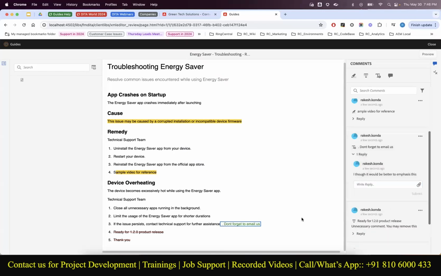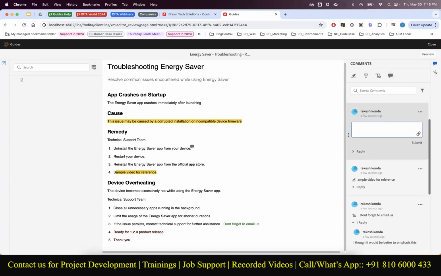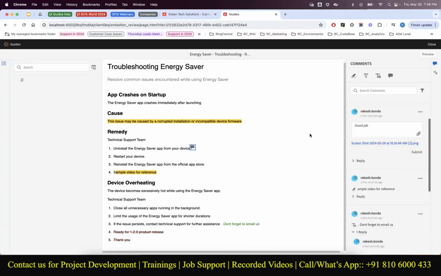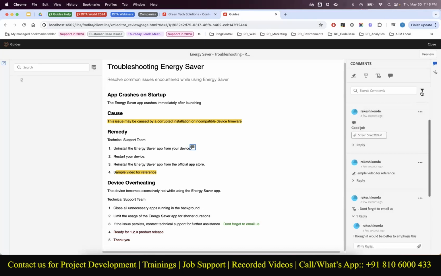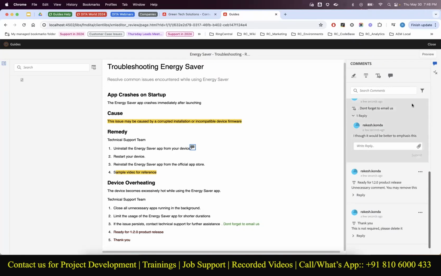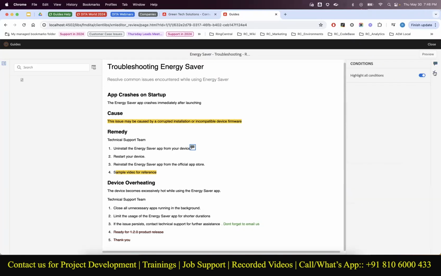And without doing anything, you can also select and comment like in Google Docs. Good job, right? And I can also, if I want, attach an image or anything with that comment, with any comment, you can do that. Once you are done with this,